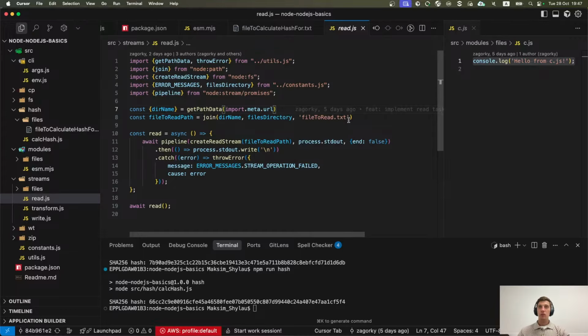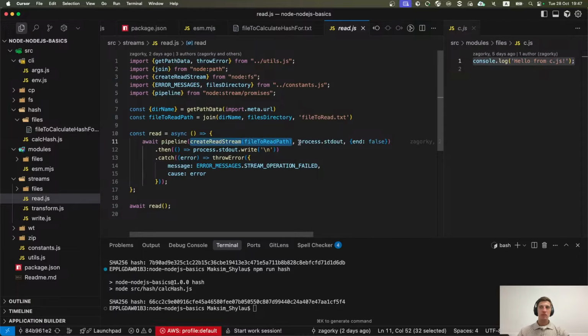Okay, so what do we do? We have some pre-written API in the FS module, like createReadStream, createWriteStream. It also works on top of the streams module, I mean this Node stream core module, but it creates a simple readable and writable stream for you. So what do we do? We open a readable stream.